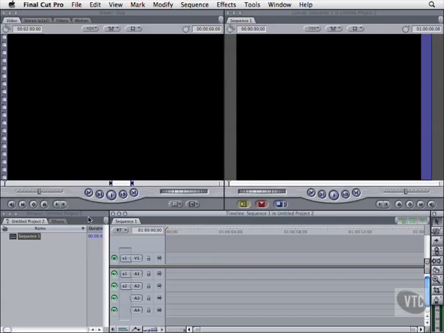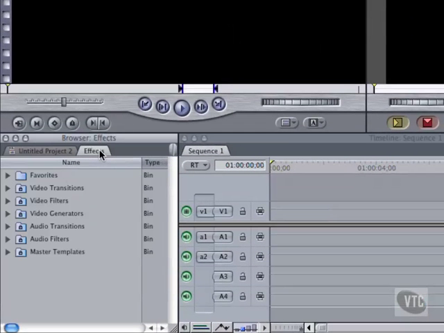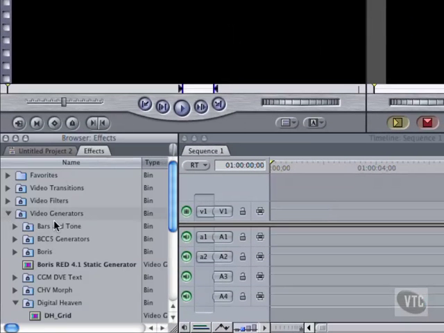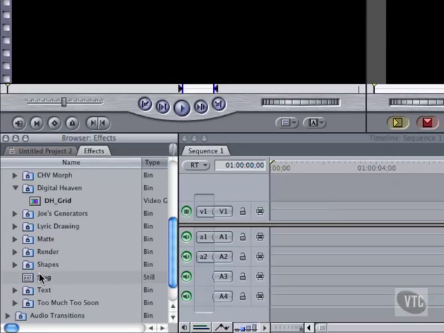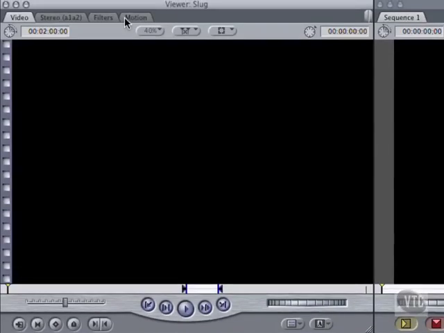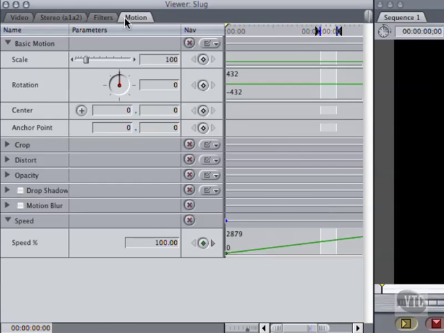Generators, like filters and transitions, live in the Effects tab, but they don't connect to any of the clips captured on your hard drive. They generate new frames for special purposes. They can be keyframed, and filters or transitions can be applied to them like any other clip. And they can be saved as favorites. Especially handy if you formatted a lower third to your liking and want to maintain the style throughout a show